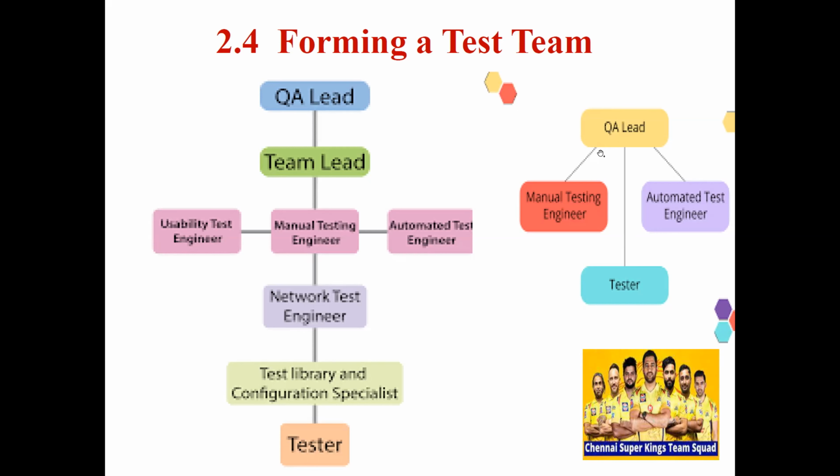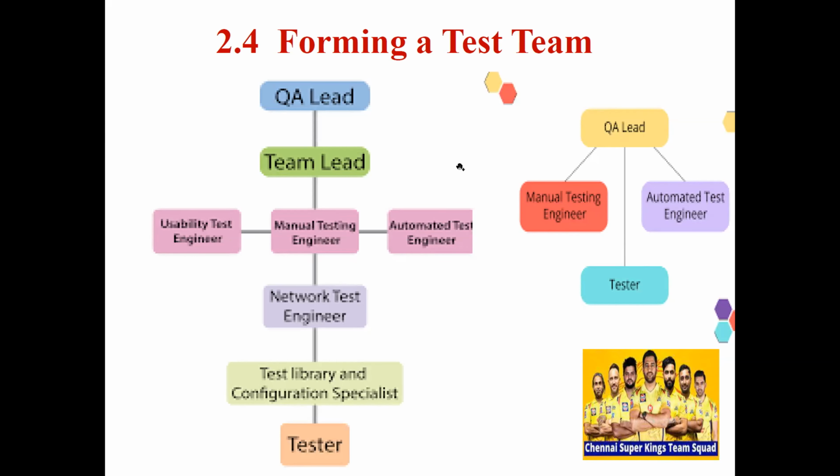If the project is very small, like a student project or a minor project, in that case we can go for a quality assurance lead. Below the lead, we'll have a manual test engineer and an automated test engineer. The components we like to test with automated tools will be given to the automated test engineer. The manual testing process will be carried out by the manual test engineer. Once they perform the actual process, the test will be executed. So any doubt with how we are forming the testing team?